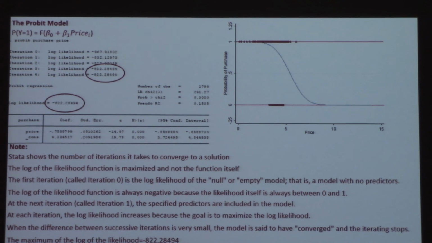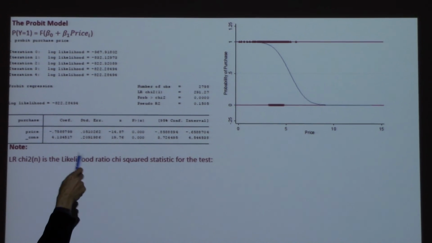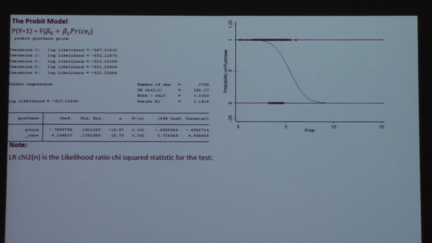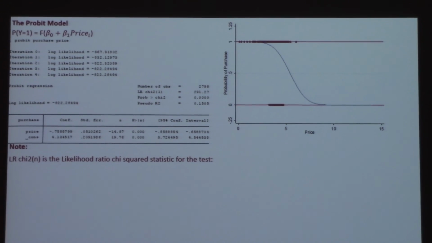All right, what else is in here that we've never seen? The likelihood ratio chi-squared statistic, that thing there. That is equivalent to what we used as an F statistic. Remember, an F statistic was used for hypothesis testing, and this is really used similar to that. The probability for the chi-squared statistic is similar to the probability for our F statistic in our regular regression.